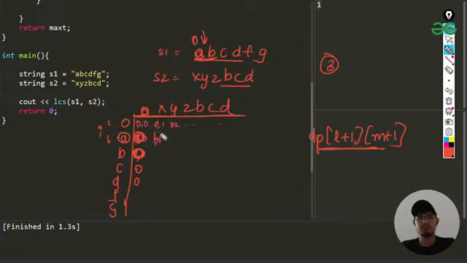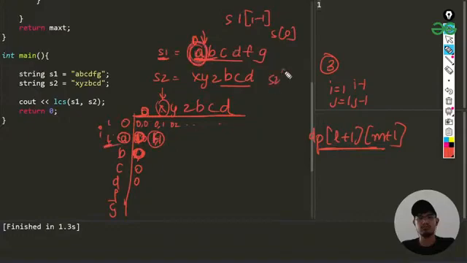Now in this position we want to access a and x, but we have indexes i equals 1 and j equals 1, so we'll be doing i minus 1 and j minus 1, so that we can access this element of the original string. Although in this table, just for saying, it is there x, we want to access that element in our string s1, so we'll be doing s1 of i minus 1, so it will be s1 of 0, which is this position, and for s2 of j minus 1 we'll be considering this value x, so it will be s2 of 0, which is x.